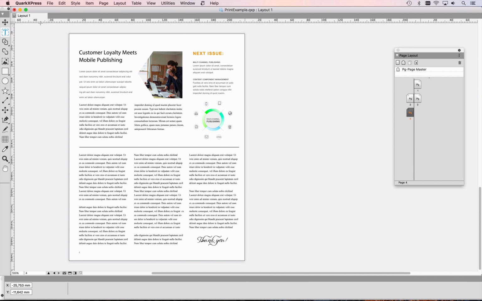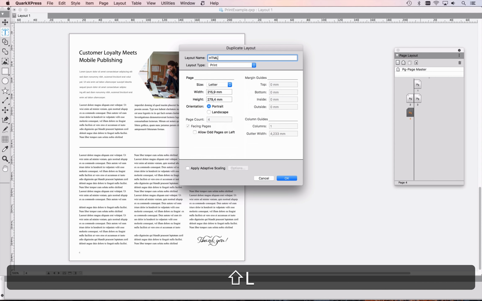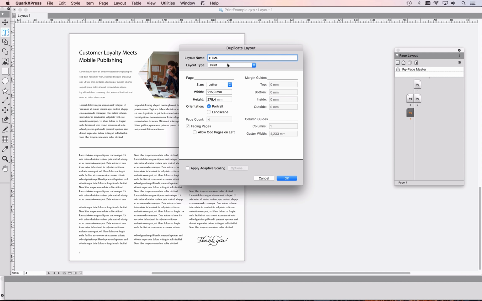Well, it's really easy in QuarkXPress. So I'll just right-click my layout name up here. I'm going to say duplicate, and let's just call this HTML. The important thing to remember is, of course, this shouldn't be print. This has to be digital. Once I do that, QuarkXPress is going to give me an intelligent choice on how big the layout should be,